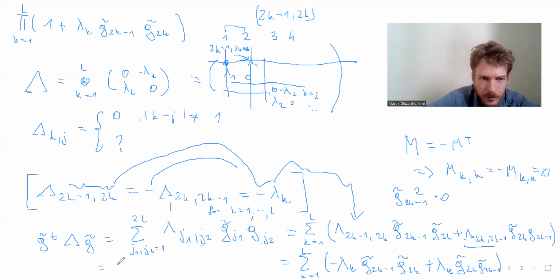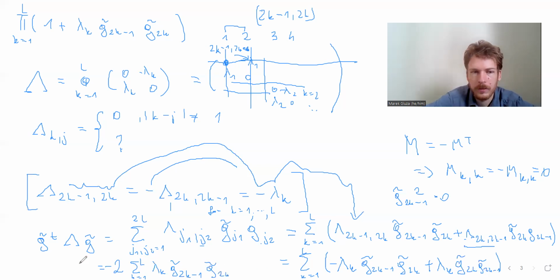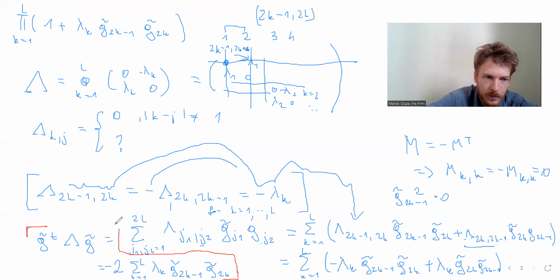Okay, so I can finish the calculation here by saying that this is 2 times k from 1 until L, and minus 2 lambda k, and then I want it to be ascending, so it will be increasing g2k tilde, and it's exactly this stuff. So I get this computation here. Okay, and this we are getting for this convention of the matrices,